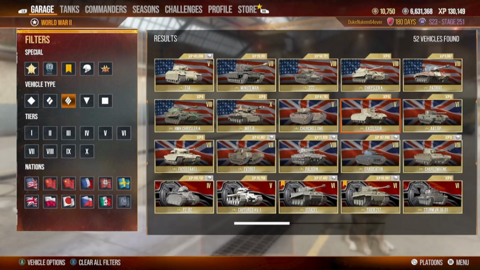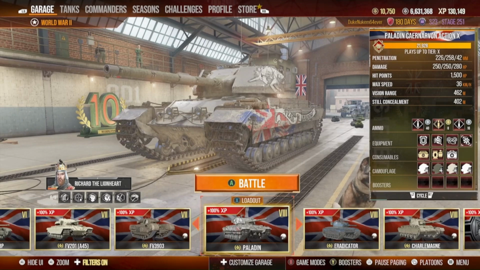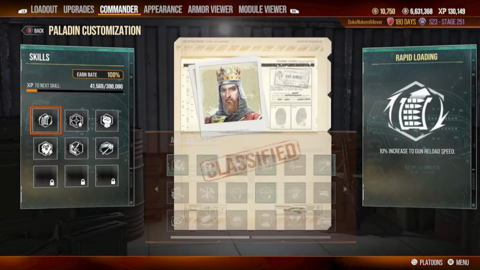Let's try a heavy tank. I don't know. We have... Ooh, a paladin is good. Let's try this paladin. What do we have here? Yeah, 20%. Well, we just got a great one right here. This is a 20% fire chance, and this tank commander does not have...